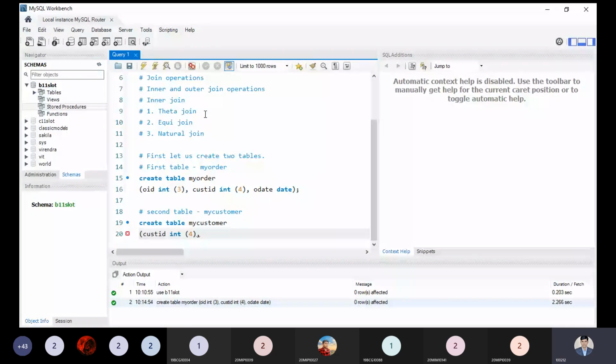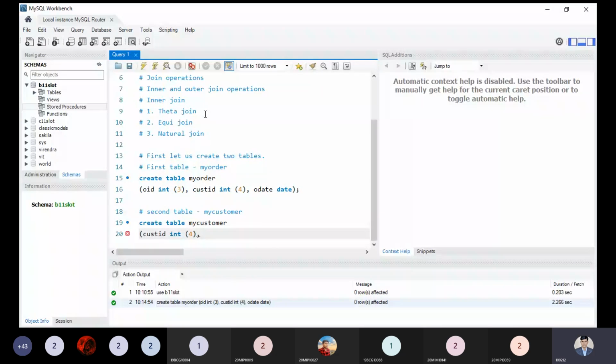But a key column should be common. It doesn't matter whether we are using the key attribute or not. If we are using key attributes, we can avoid duplicacy. But we are trying to understand what is meant by the join operation. So how can we understand the join operation? We are using only the join operation. We are not focusing on the key attribute concept.